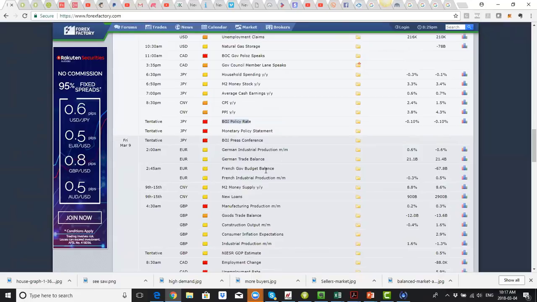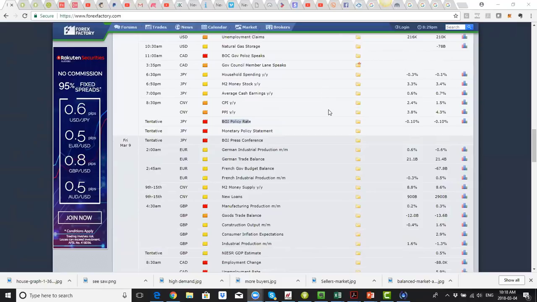We saw a rise in the yen and a drop in everything else against the yen because Kuroda said that it may be time to change the monetary policy stance. So that will be the most important thing the market will be looking for, especially following up on his comments from last week. So this could create a lot of volatility for the Japanese yen. So keep that in mind.